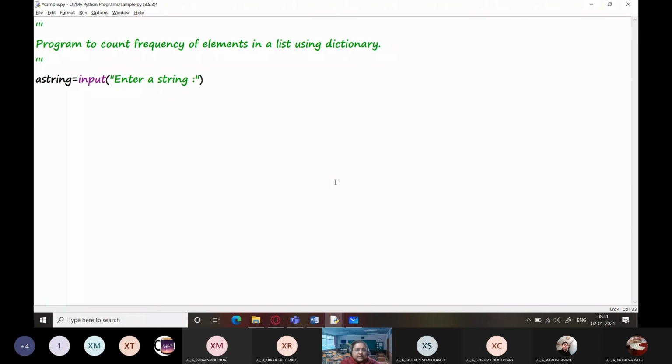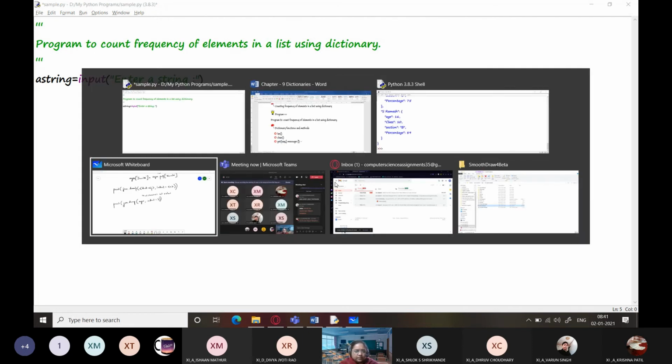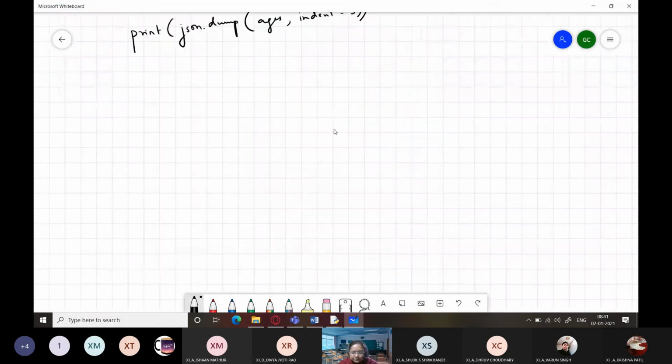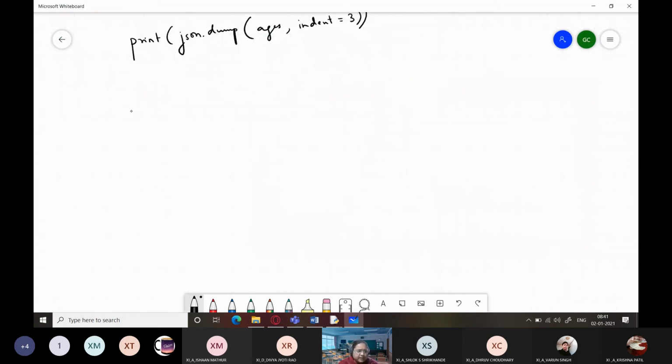Because what I'm going to do is first convert a string into a list which will contain a certain number of values, and this program is going to count the number of times elements exist. For example, let me just tell you what we are actually going to do. If I have a string here,